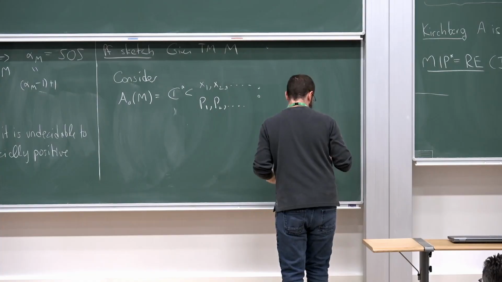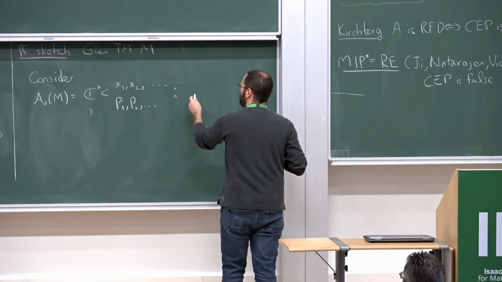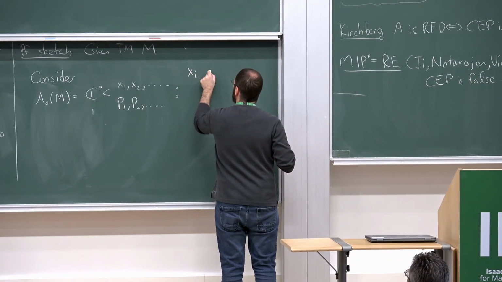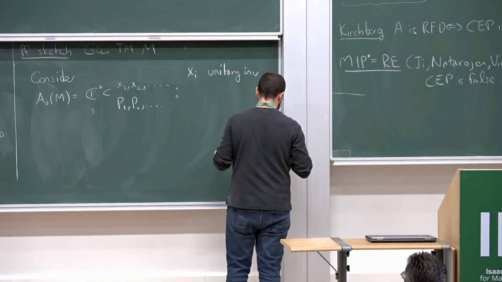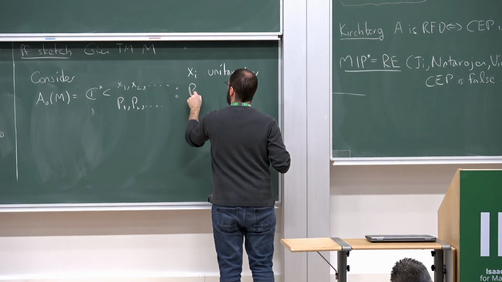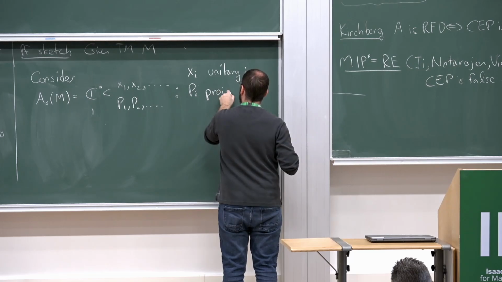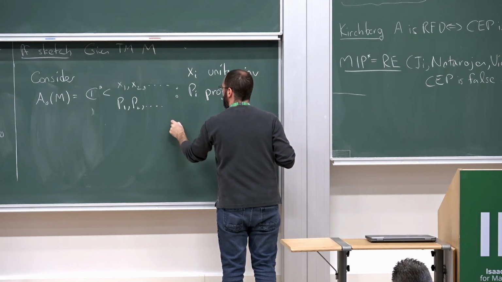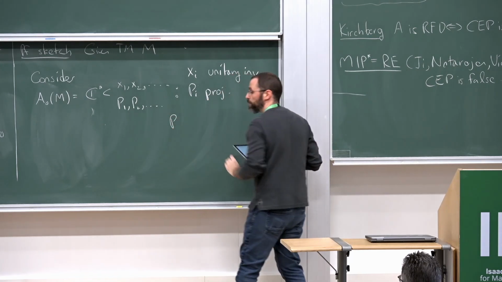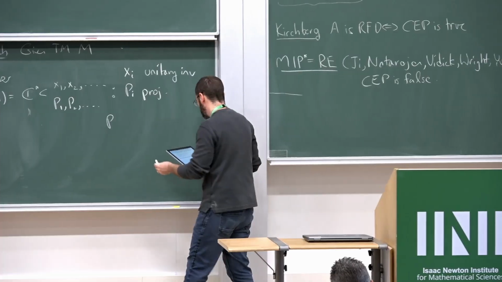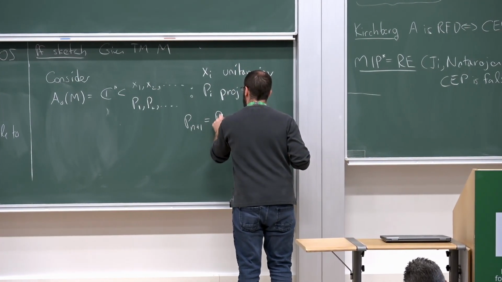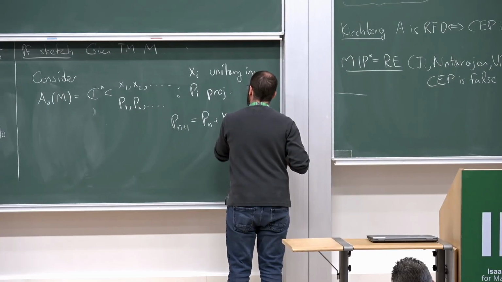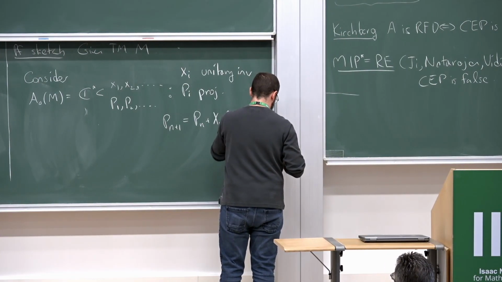For our relations, we want the xi to be unitary involutions, and we want the pi to be self-adjoint projections. And then we want the relation that Pn plus 1 is equal to Pn plus Xn Pn Xn,